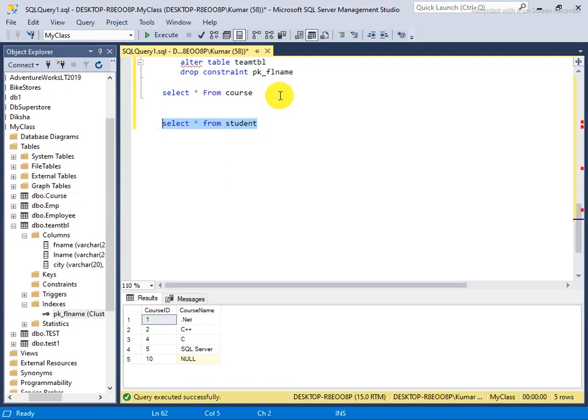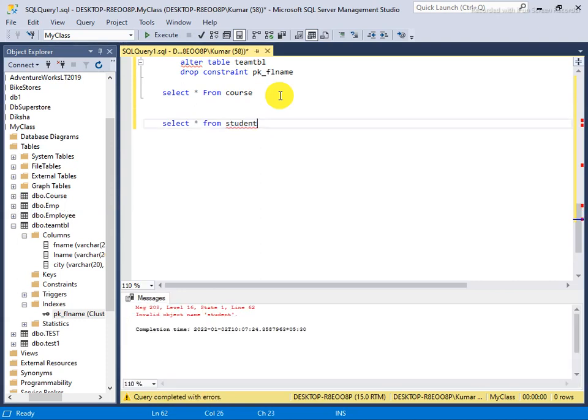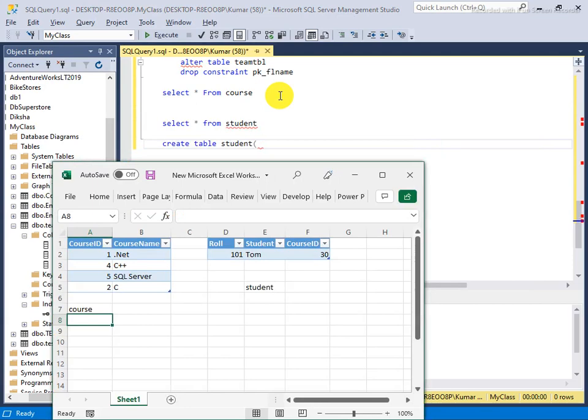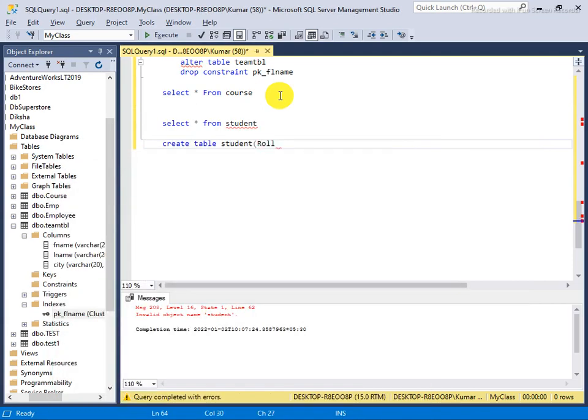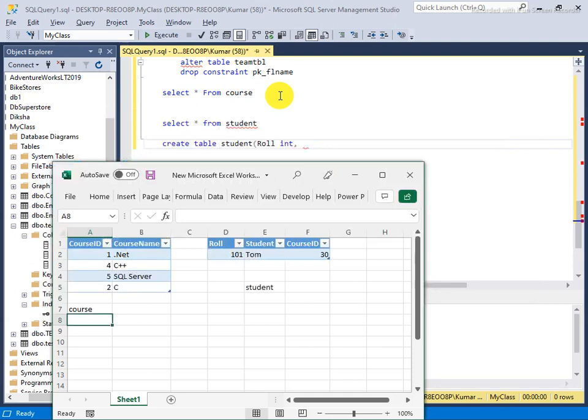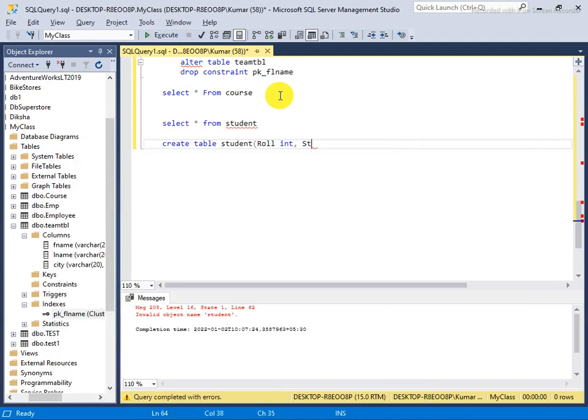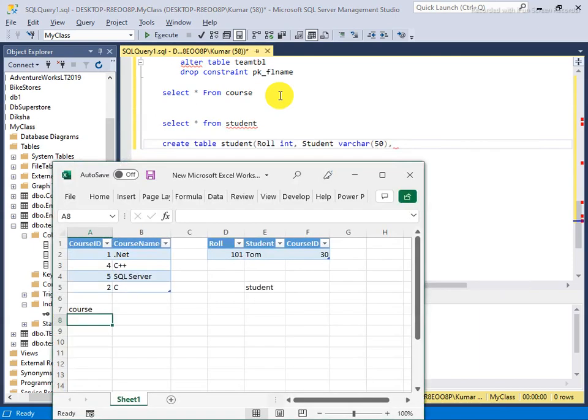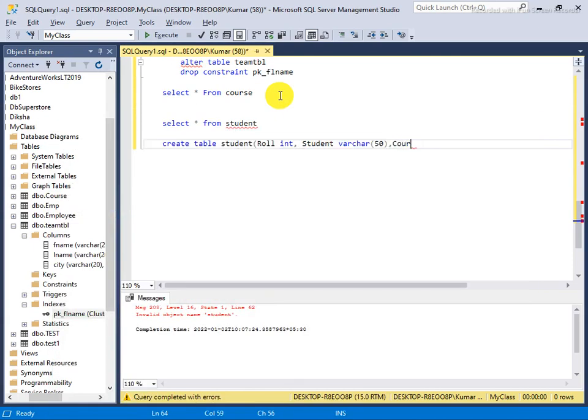I think the student table does not exist, so I will create table student. Then I will say roll number, which is integer, student name, varchar 50, and the course ID, which is integer.